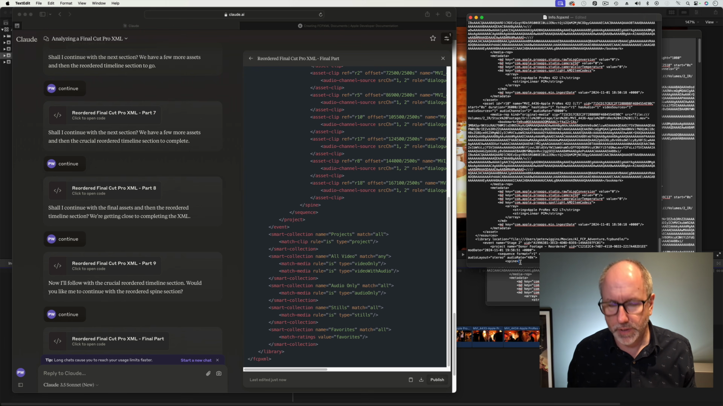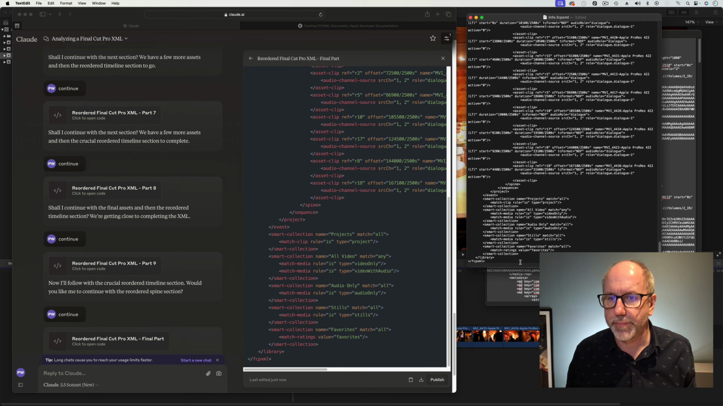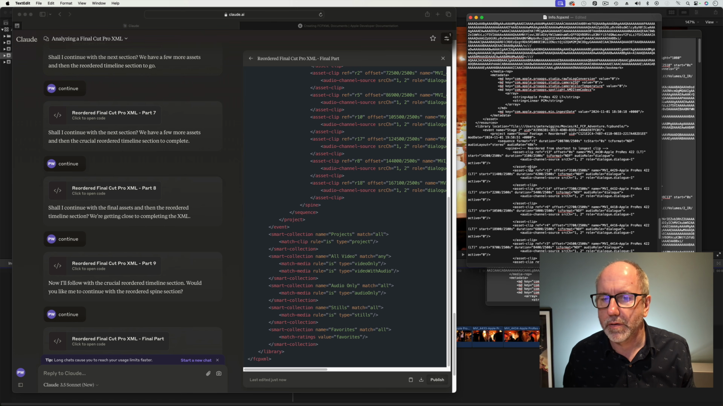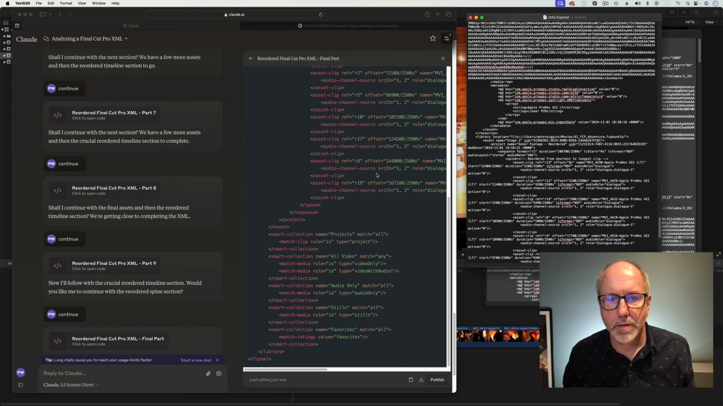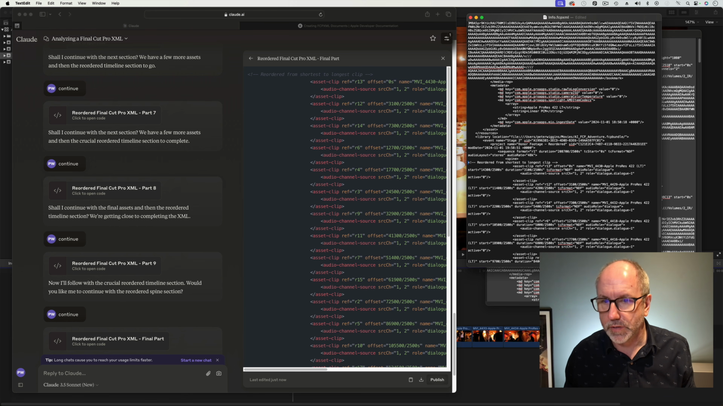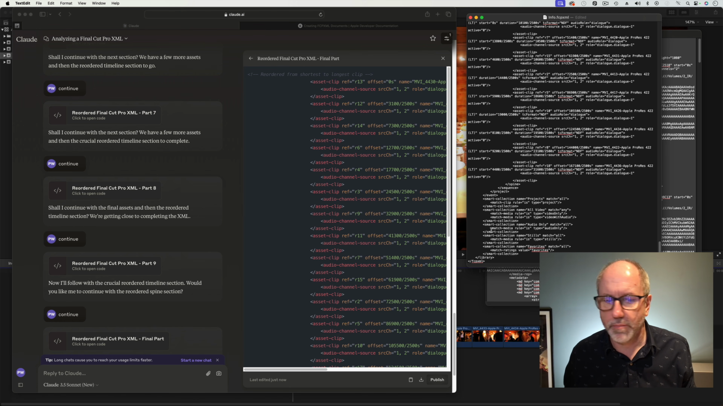I'm not too sure if that line's meant to be in there. Whereabouts is it? So it's at the top of the asset list. Spine reordered from shortest. Is that just coded out? Okay. While I'm here,